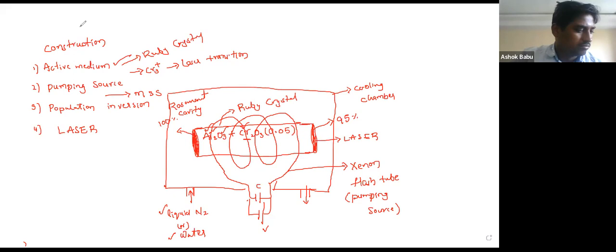Active particles are chromium 3 plus ions, because the total laser transition takes place within the chromium energy levels. That's why chromium ions are active particles. Coming to the